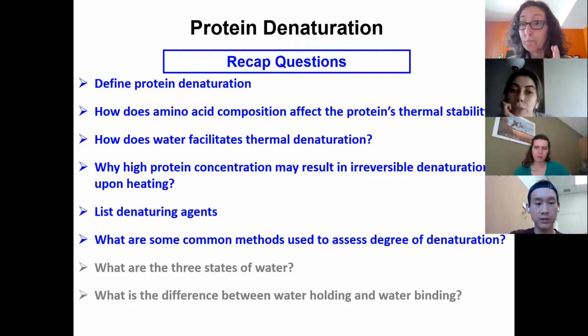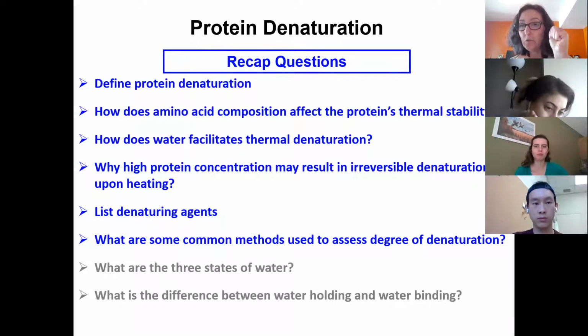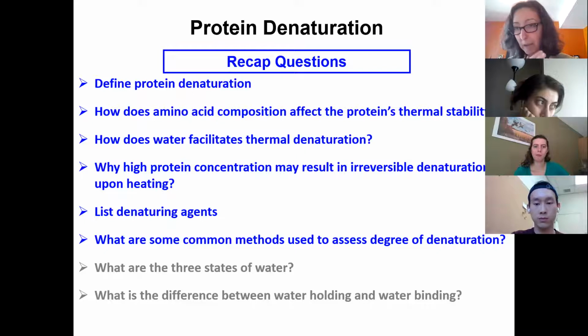Protein digestibility. It's a good index. You have to start with a protein that is not denatured, so you know what the digestibility is for that, and then do the digestibility, because sometimes digestibility is enhanced upon partial denaturation. But when you have a lot of denaturation and polymerization happening, so irreversible denaturation, then digestibility decreases. So when we measure digestibility as an index of denaturation, we really have to have our controls, like a non-denatured protein. Good. What else?